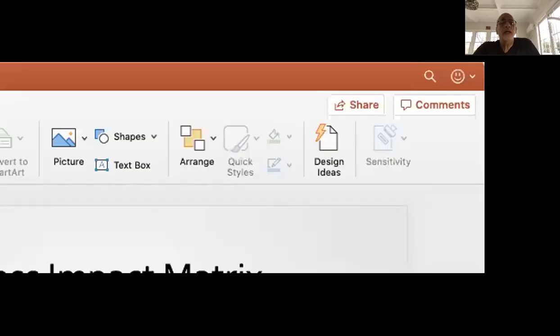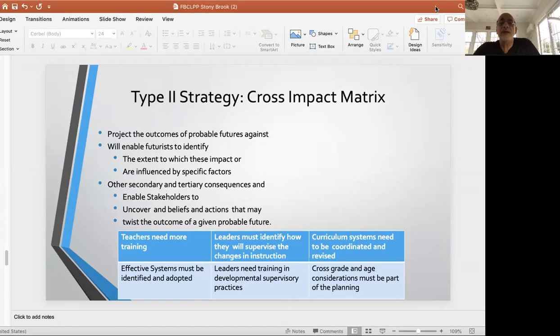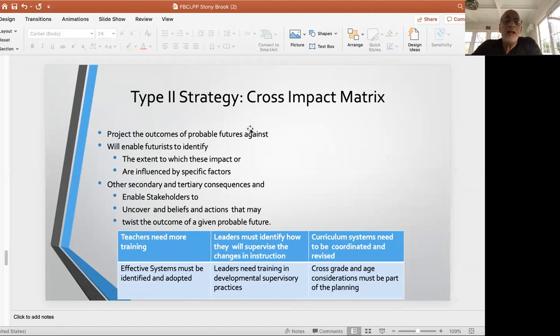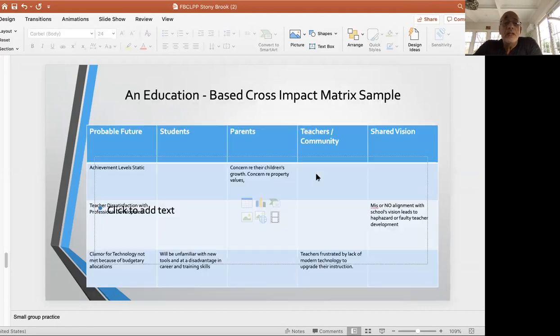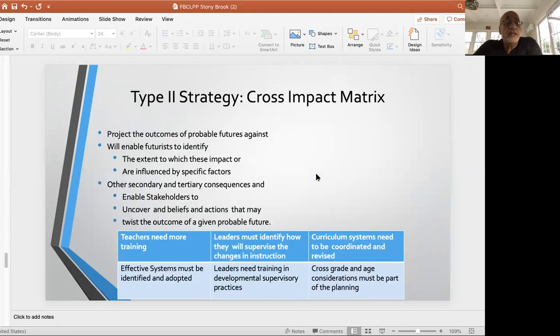And you will see how to do this rather quickly, although the thinking associated with it is much more complex. So again, this is called the cross-impact matrix, and what it does is help you to project the outcome of probable futures against the other pieces. That is to say, who will be affected by what, and have you factor that into your conversation. So it enables futurists to identify the extent to which these impacts influence specific factors. And so if you take the other secondary and tertiary consequences, as the outcomes, as the probable futures begin to